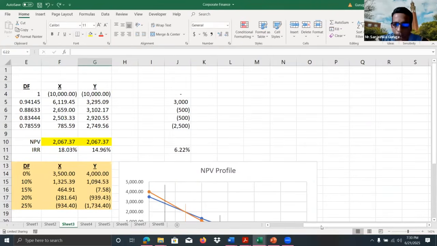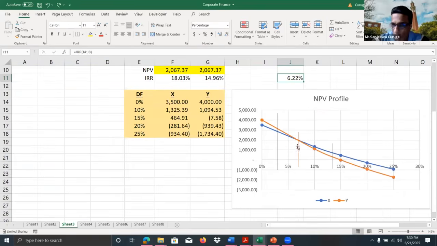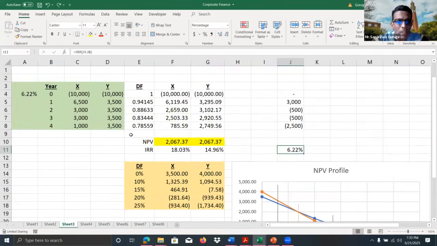Okay, there was a question asking how I calculated this crossover rate. Actually, we need to get the incremental cash flows when you are evaluating two projects, to identify the point where the NPVs of the two projects are equal. In other words, the point where the NPV profiles of the two projects cross. Because this is not the case all the time, this is another point.